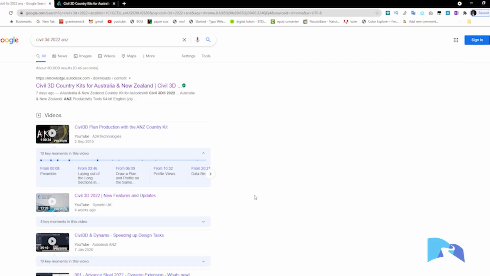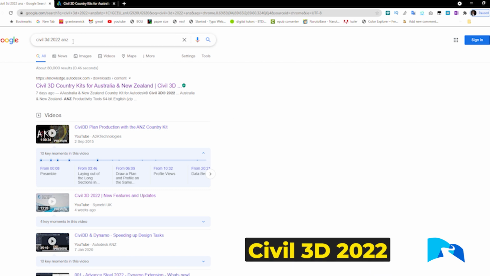Good morning, everyone. Today we're going to be talking about the assemblies you shall need to use for designing the interchange. Okay, so one of the first things you should do is we're going to be using Civil 3D 2022